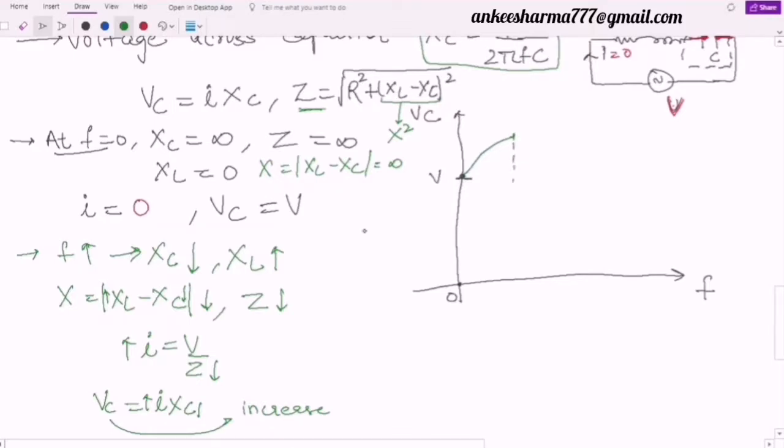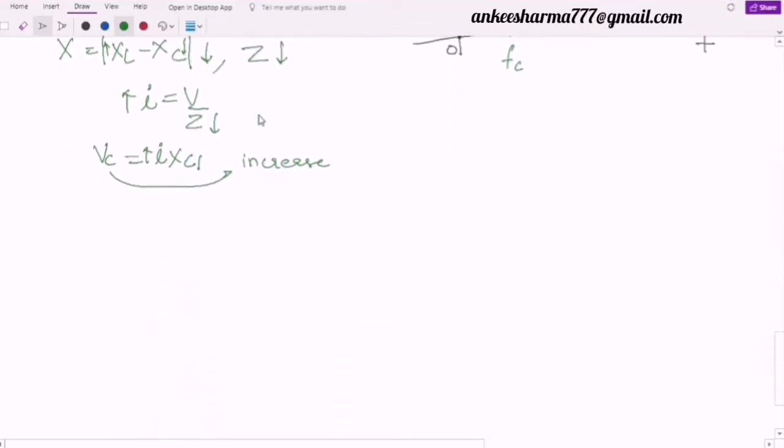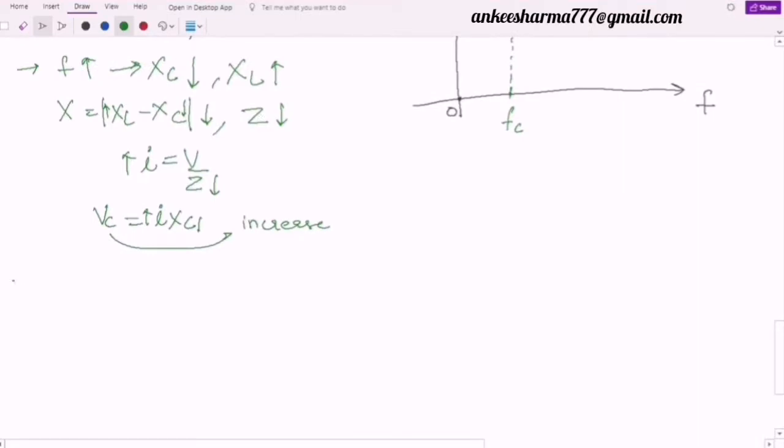So if I take this to my f axis, I will find here a frequency FC. This FC is the cutoff frequency for the capacitor where it is having the maximum amplitude. You will find here now the capacitor has obtained a voltage greater than my source voltage. Look at this. This was my source voltage, but now this has increased. And after that value, if I further increase, or if I take the scenario where F increases to a very high value, F increases to a very high value.